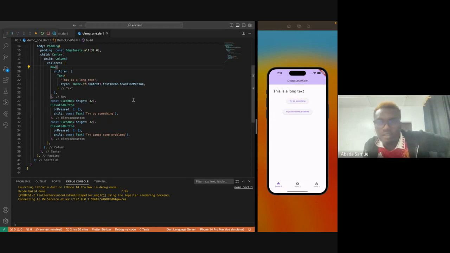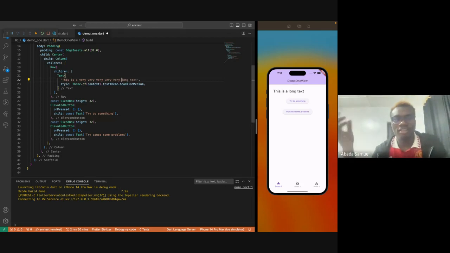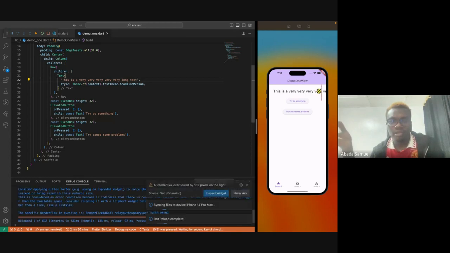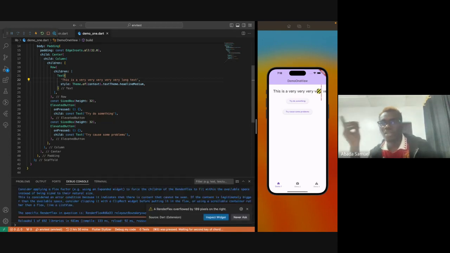So let's see. It's a very long text. One very common issue we have with UI is overflows, right? So let's cause an overflow. It's a very, very long text. So if I... tada, you have an error. I think some earlier versions of Flutter,